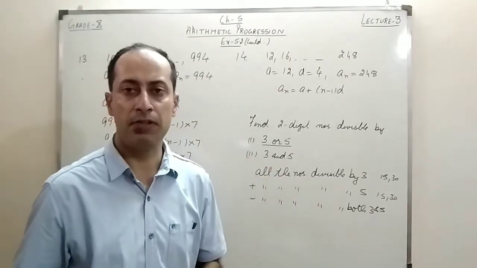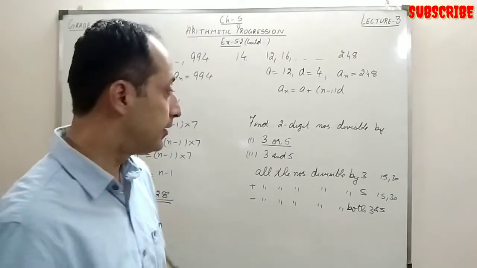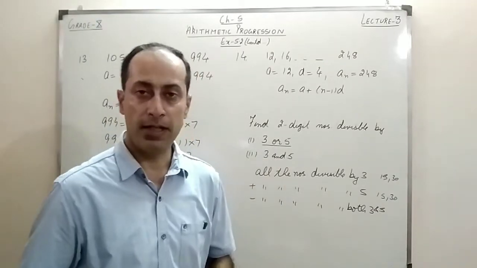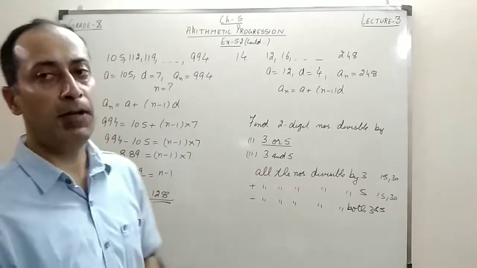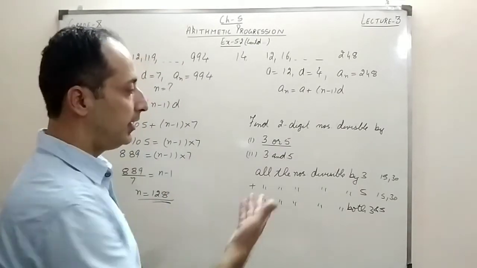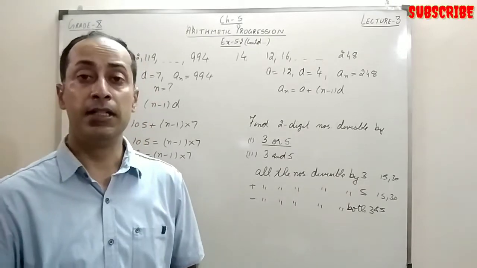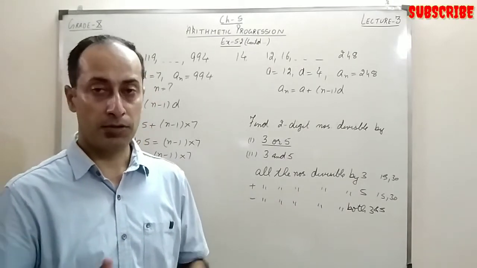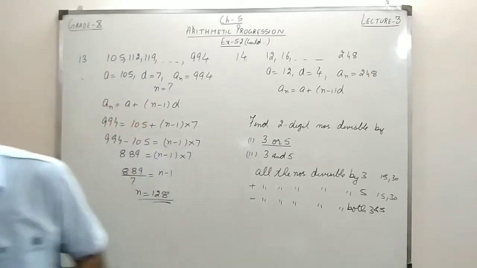This is the kind of question in which 2 numbers are given to you, right? Like in the previous question, we have only one. They asked for multiples or divisibility by one number. In this question, they have asked divisible by 2 numbers, right? So don't get confused in this thing, right?